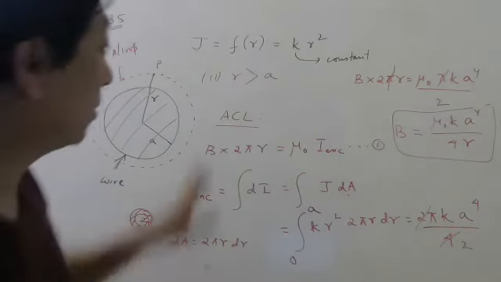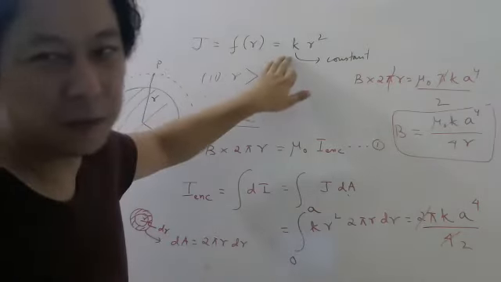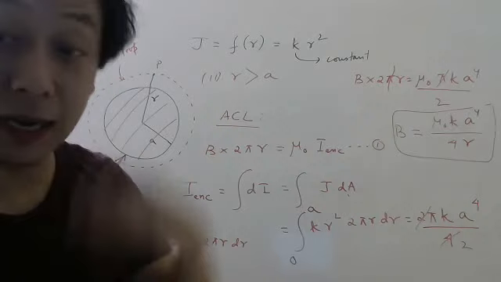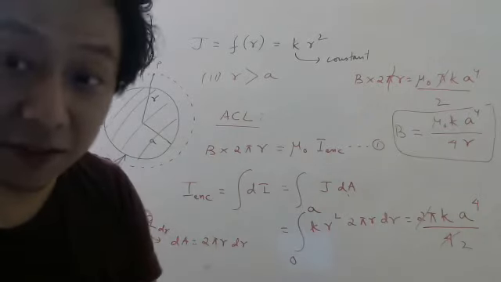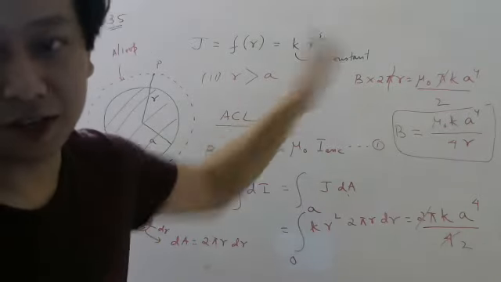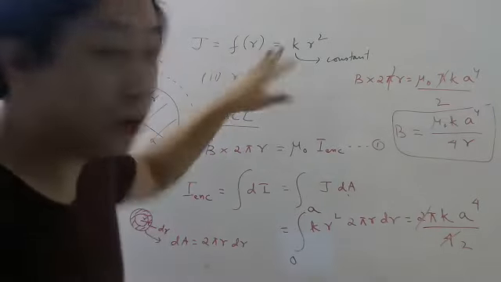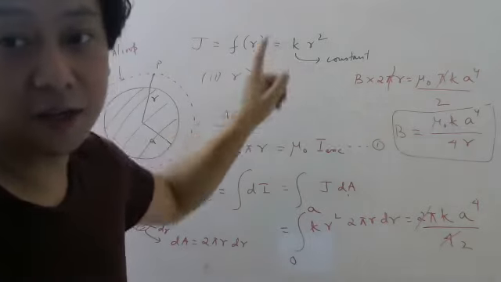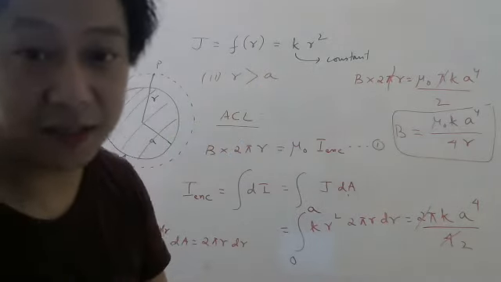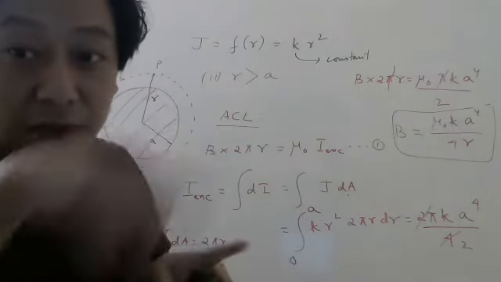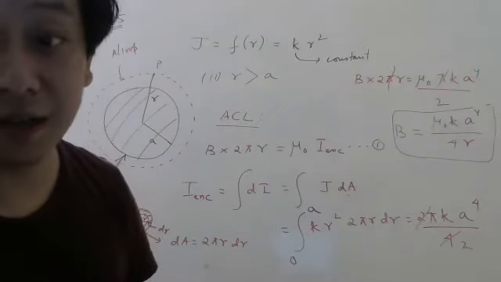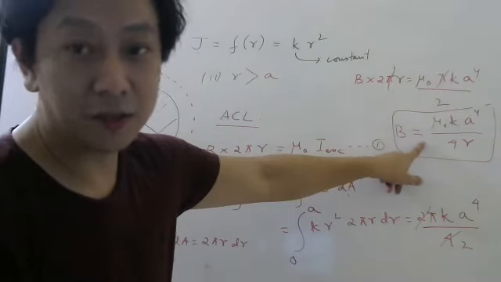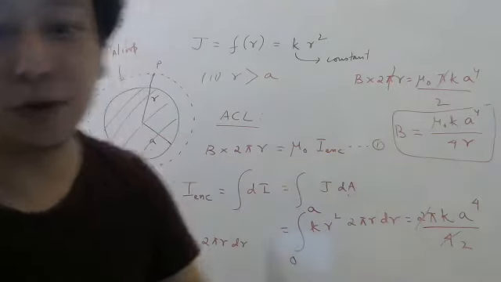Again, I'm telling you, usually current density will not be a function. It will be constant only for your exams. Okay. If you write JEE Advanced, then yes, they may give you a function. But it is important to know how to solve the problem if this is not constant. Because in NEET, they may not ask this, but they will ask you how the graph of magnetic field looks like. Now to know the graph, you have to know the equation. Understood? So if you don't know the equation, how will you know the graph?